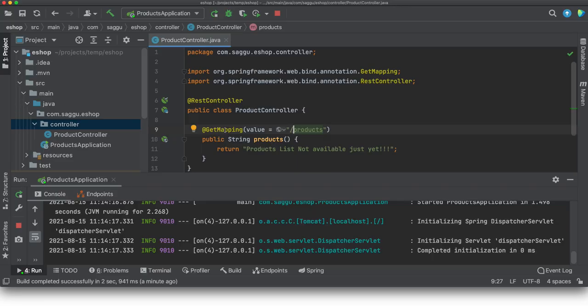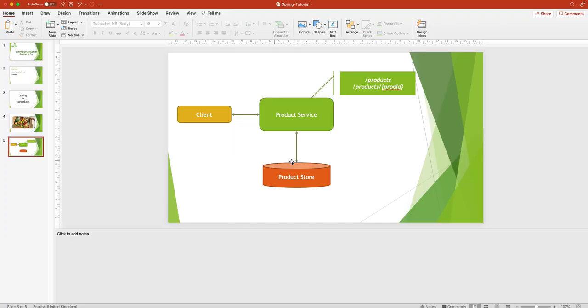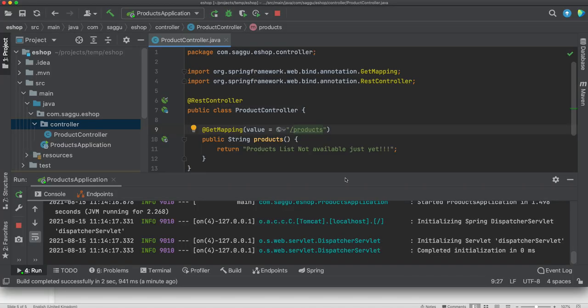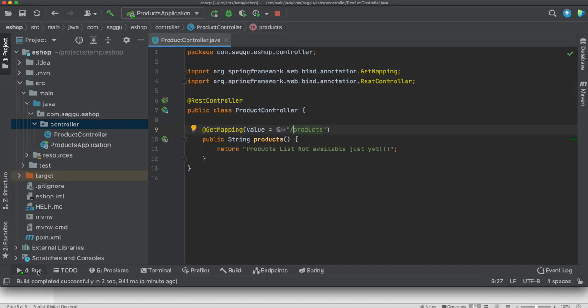Now let's start building the second part, which is to set up this product store so we can start having some data. What we're going to do is use in memory storage. When I say in memory, we're just going to store it in some sort of map data structure. Another convention in MVC domain driven design is that you should be passing on either to services in between, or you should be calling something called a data access object. I'm avoiding all the complexities, but let's just build a